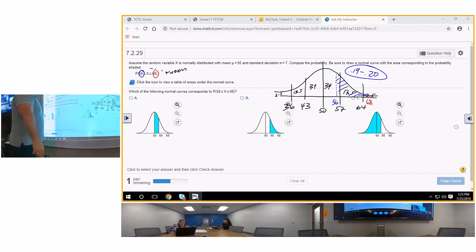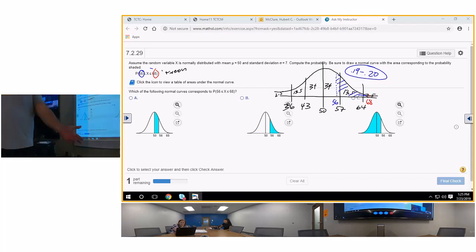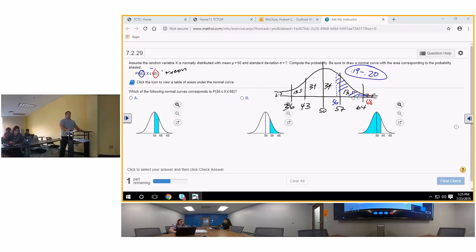All right, so which way do we read? Left to right. So which is your lower bound? 56. And what's your upper bound? 68. Okay. Type it in. And I think it's going to be around 0.19 to 0.2. Which one is it on here? Is it this one? This one,